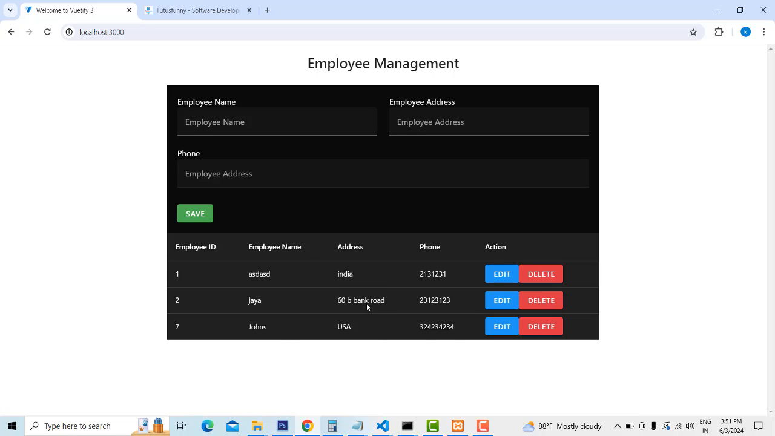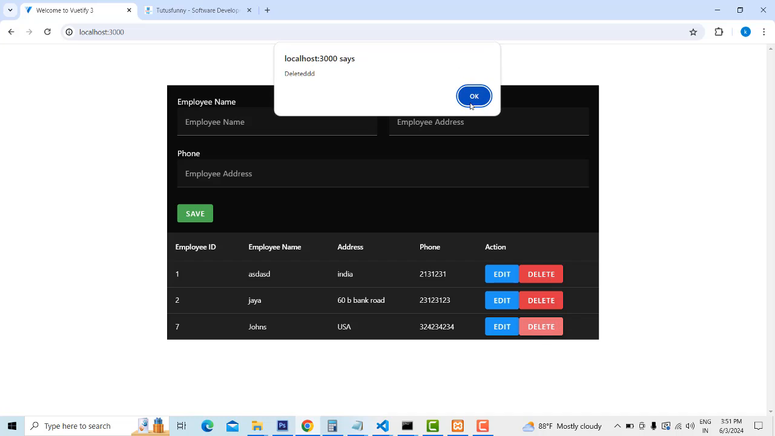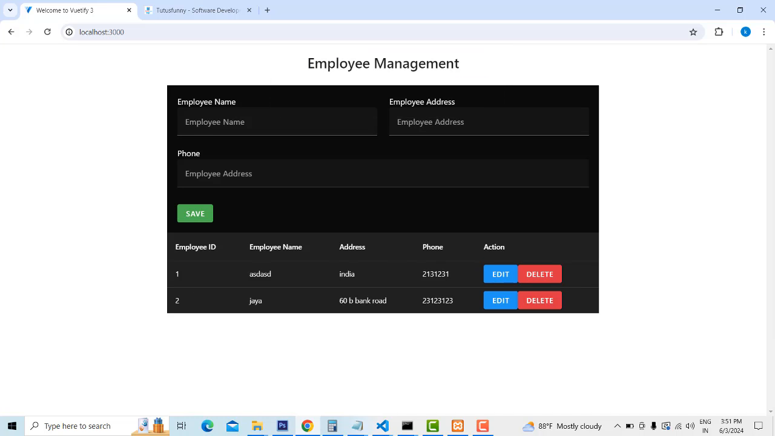Okay, right? So if you want to delete the record, click the delete button. The record has been deleted. In this simple full stack app development, I will teach you how to do it step by step. Right, now let's go back to